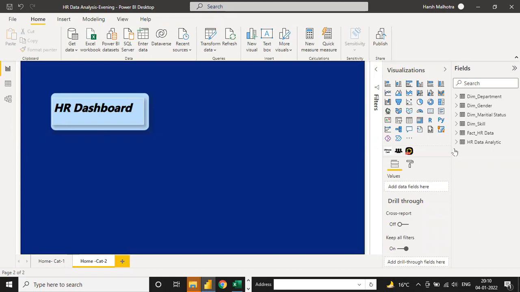Tomorrow we will make some of the calculations and make the complete first part of the visualization related to category 1, and then on the second day category 2, and on the final day we are done with some advanced analytics. Then we can complete this project on Friday. So any doubt you have, you can ask me till now. Otherwise we will close the session and continue tomorrow.